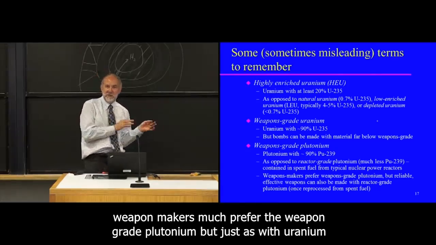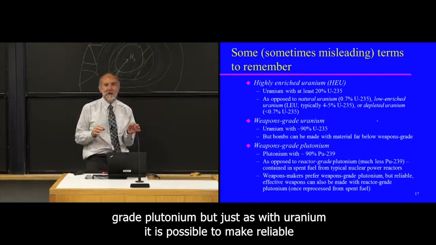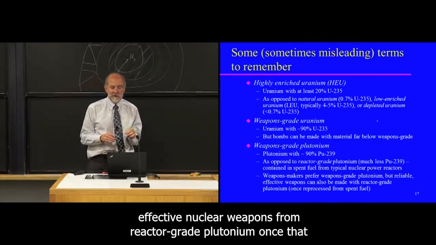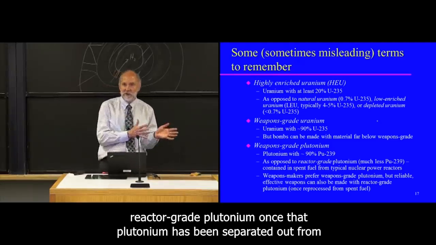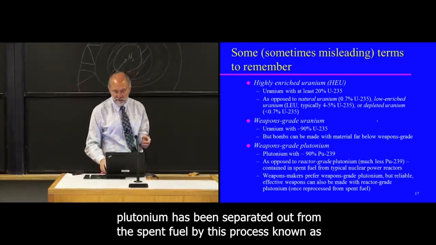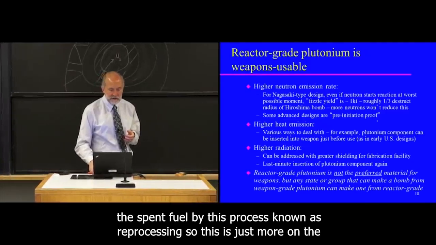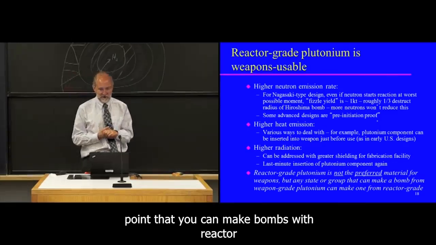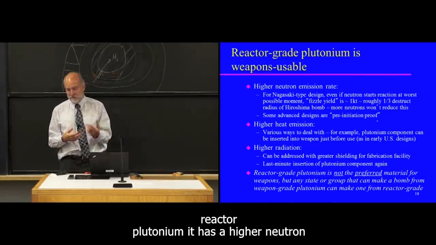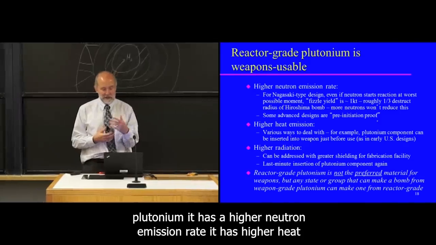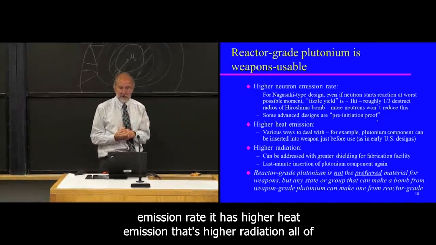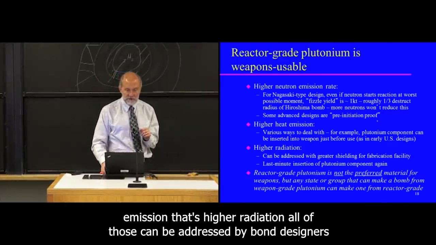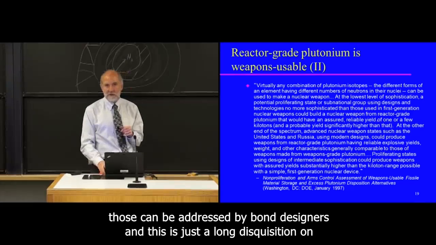But just as with the uranium, it is possible to make reliable, effective nuclear weapons from reactor-grade plutonium once that plutonium has been separated out from the spent fuel by this process known as reprocessing. So this is just more on the point that you can make bombs with reactor-grade plutonium. It has a higher neutron emission rate, higher heat emission, and higher radiation. All of those can be addressed by bomb designers. And this is just a long disquisition on that topic,